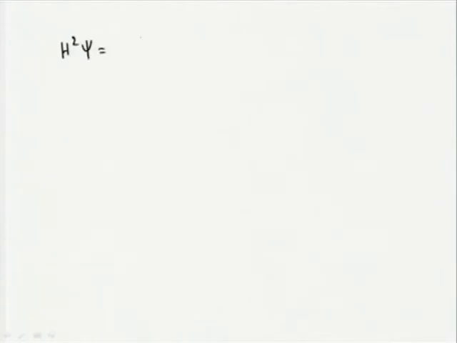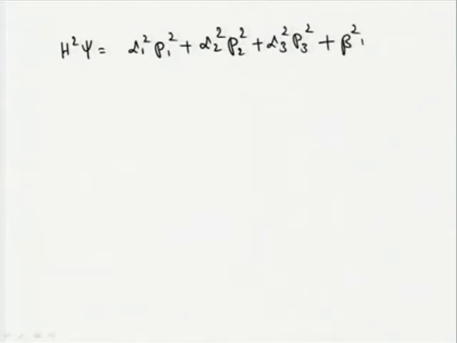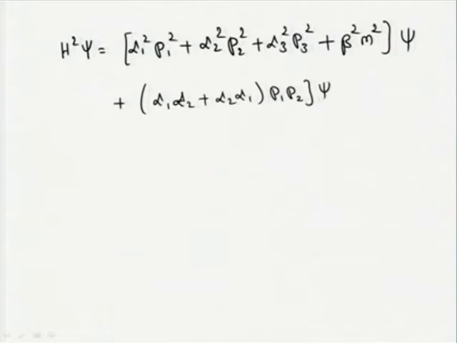H square psi equal to alpha 1 square P1 square plus alpha 2 square P2 square plus alpha 3 square P3 square plus beta square m square psi plus, since P1 and P2 commute, I combine alpha 1 alpha 2 plus alpha 2 alpha 1 P1 P2 acting on psi plus alpha 1 alpha 3 plus alpha 3 alpha 1 P1 P3 psi